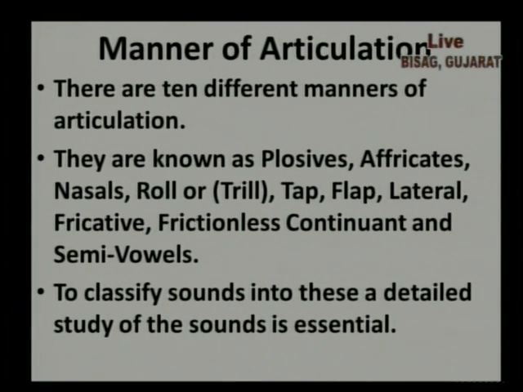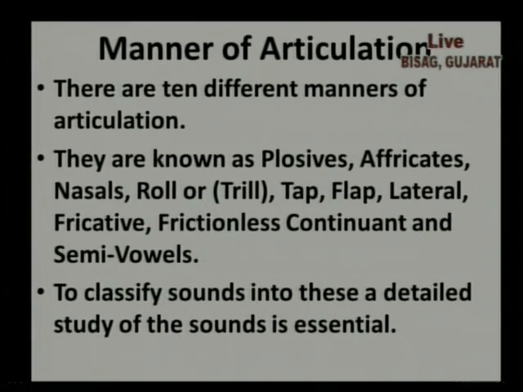So the plosive sounds are p, b, t, d, k, and g. Those are the 6 plosive sounds in English. We have affricates, which are ch and j. You have a transcription later on, but I can tell you what ch and j can be written as. Ch can be known as ch, and j will be, I think, dj. That's the transcription, which is the affricate.